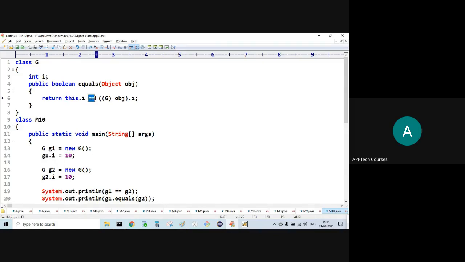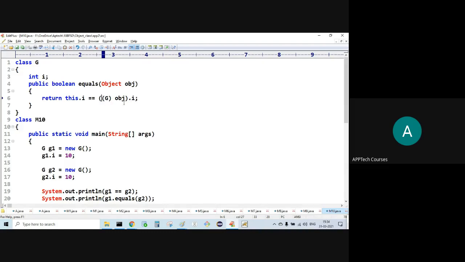Typecasting is required here, since obj is of Object type, so I need to downcast to G type. G class extends Object, so from the Object class to the G class, I'm downcasting.